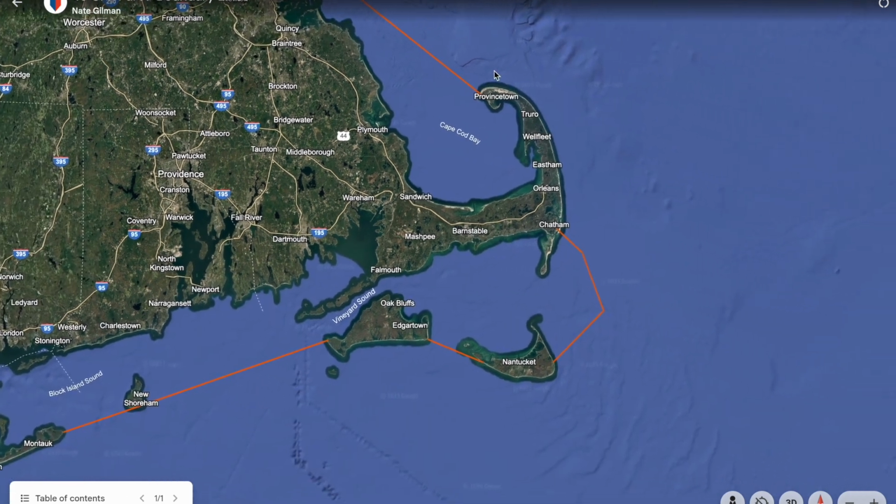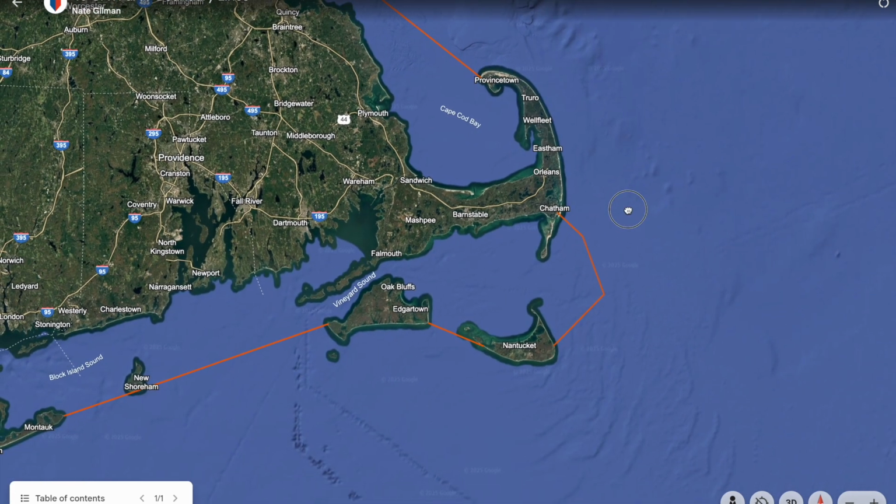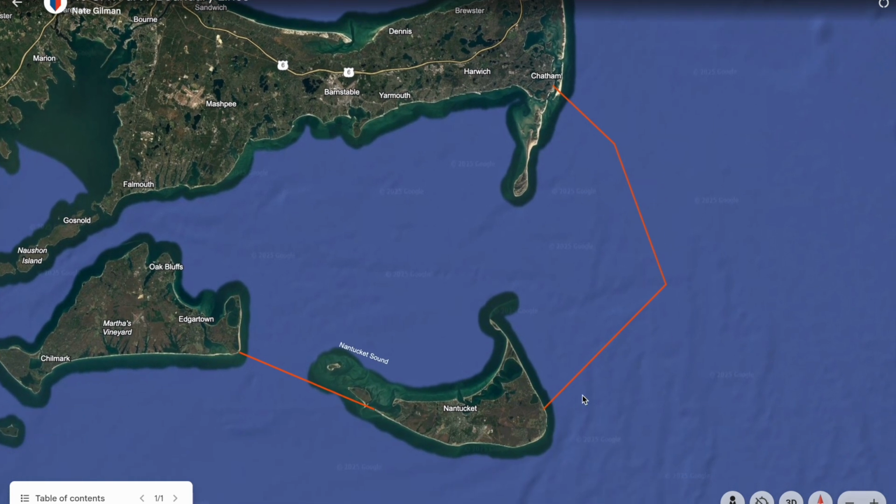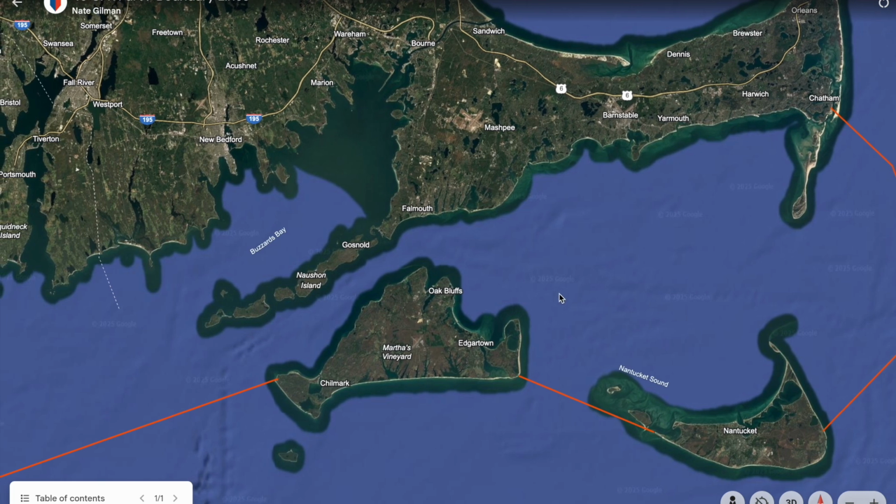Making your way around, we've gone down off the Cape. We're sitting here off Chatham. So basically from Chatham, going offshore quite a ways to Nantucket, that whole body of water is all inland waters. This is all near coastal out here. As you make your way towards the Vineyard, everything between Falmouth and the Vineyard is all inland waters. So these only need to be inland licenses. These don't need to be near coastal licenses. But the second you go on the other side of the Vineyard or Nantucket, this is all near coastal water.